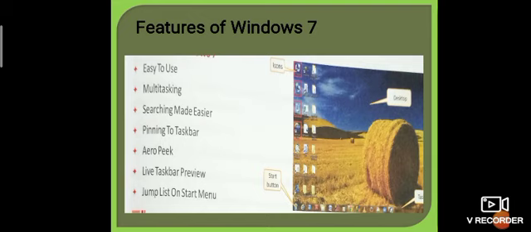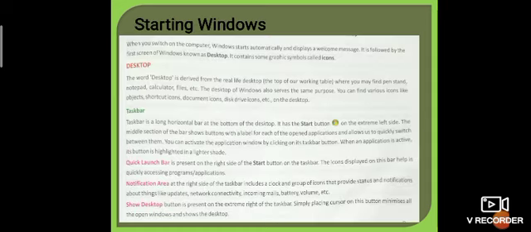These features we are using each and every day. Starting window. When we switch on the computer, Windows starts automatically and displays a welcome message. It is followed by the first screen of Windows known as desktop. It contains some graphical symbols like icons.